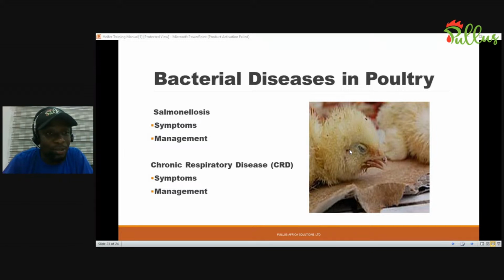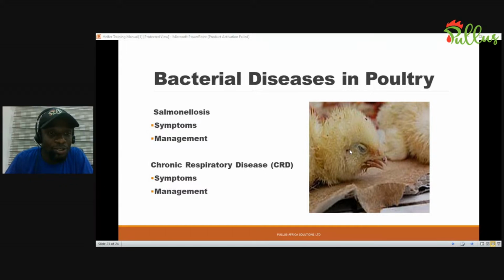Then when you dip this cloth inside this warm water, when you bring it out, you squeeze the water out, and then you damp this dried feces. You damp it so that you soften it a little, because if you forcefully remove it, you might injure them, and then that might become another problem entirely. So you damp and soften this dried feces, because most times it is dried on their bum. When you soften it, then you can remove it, because once it's soft, it can fall off on its own, or you assist them in removing it.